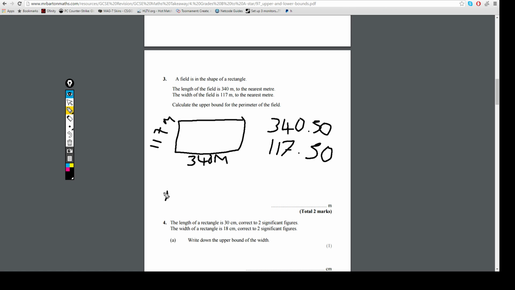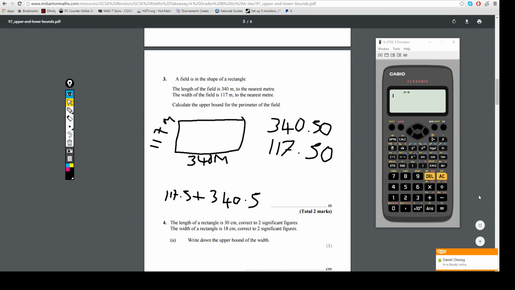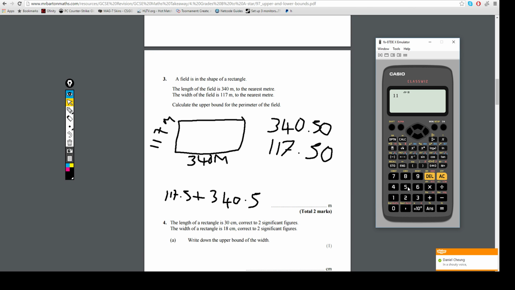So 117.5 plus 340.5. So we would have to plus these together. So 117.5 plus 340.5 equals